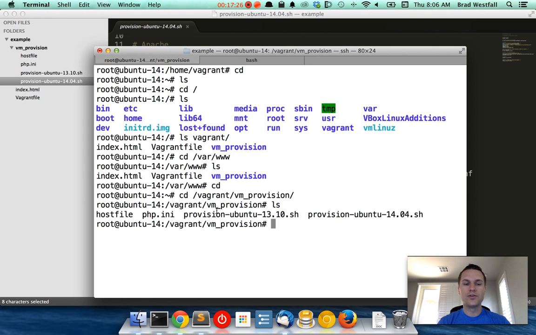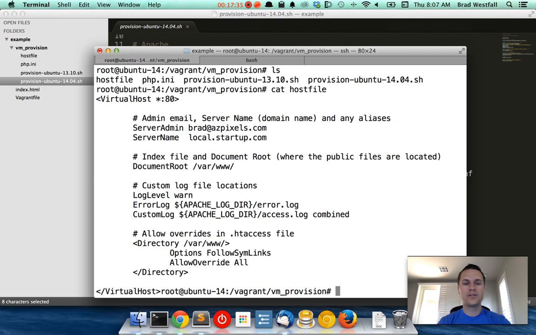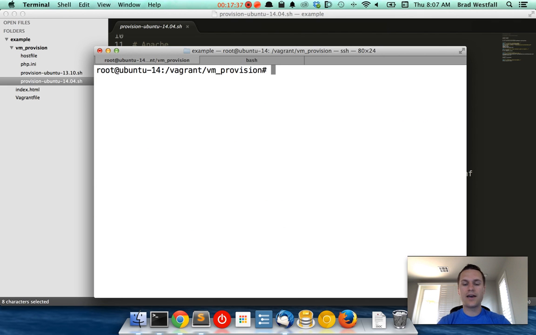Okay, so you can see that we are here inside of the virtual machine, and here's the host file. And if we cat that, you can see that here. Okay, so we're going to copy that over to /etc/apache2/sites-available